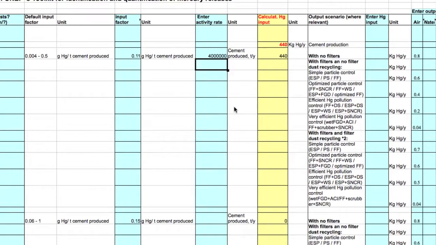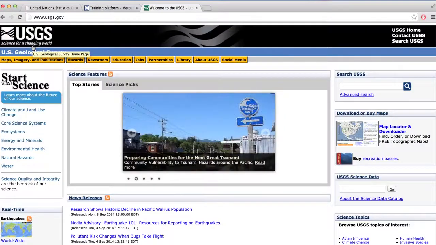For cement production, data may be available in national production statistics. Consult the National Statistics Department or the Ministry of Industry. Otherwise, contact the company or resource persons in universities, institutes, etc. Should you not find company-specific data, the USGS National Mineral Reports generally include annual production numbers for cement. These can be found on